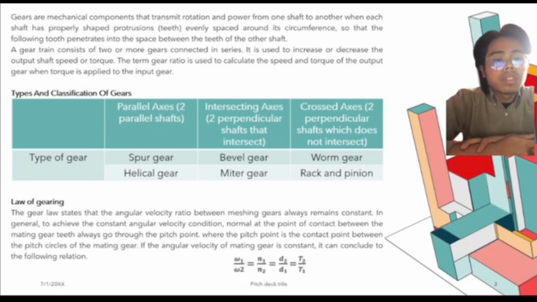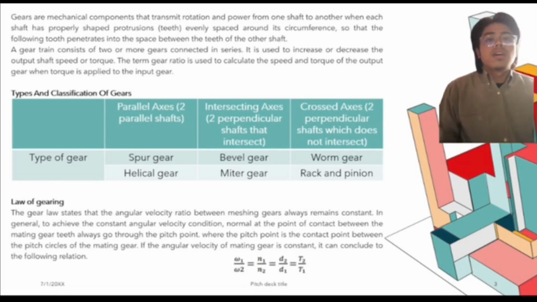Law of gearing. The gear law states that the angular velocity ratio between mating gears always remains constant. In general, to achieve the constant angular velocity condition, the normal at the point of contact between the mating gear teeth always goes through the pitch point, where the pitch point is the contact point between the pitch circles of the mating gears. If the angular velocity of mating gears is constant, we can conclude the following relation. So from the picture we can see the